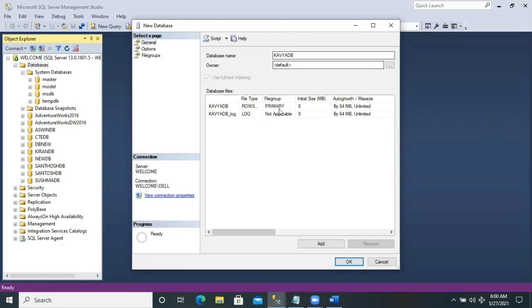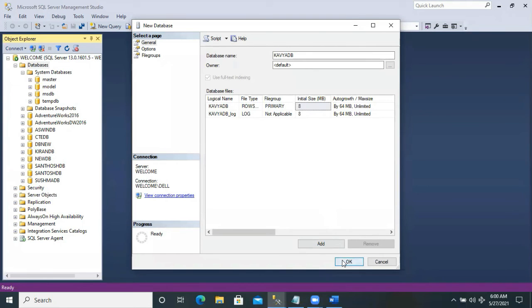For every database, we have the file group called primary data file and transaction log file. The primary data file stores the actual information of the database. The transaction log file records all the transactions we made to the database. If the primary data file gets full, then a secondary data file will be created automatically.